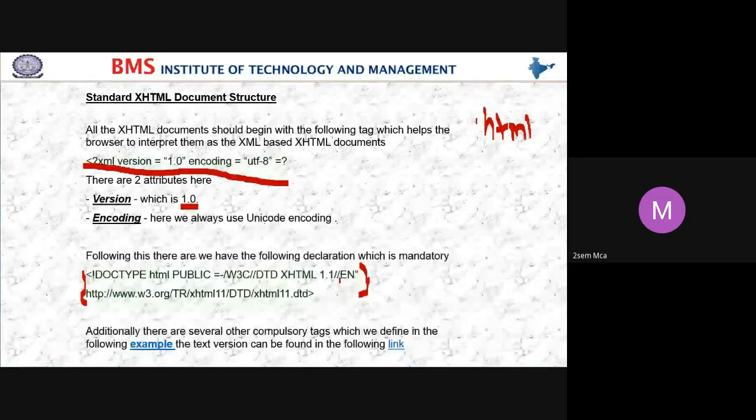EN, what is EN? Any idea? Language English.